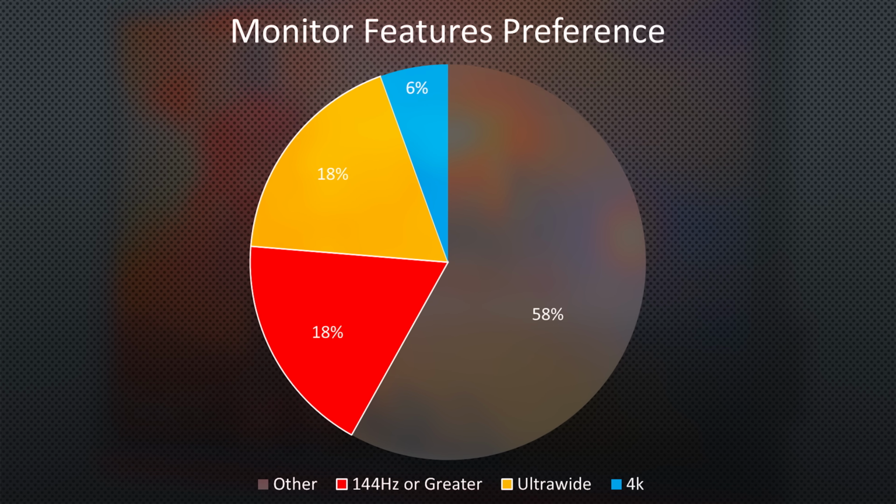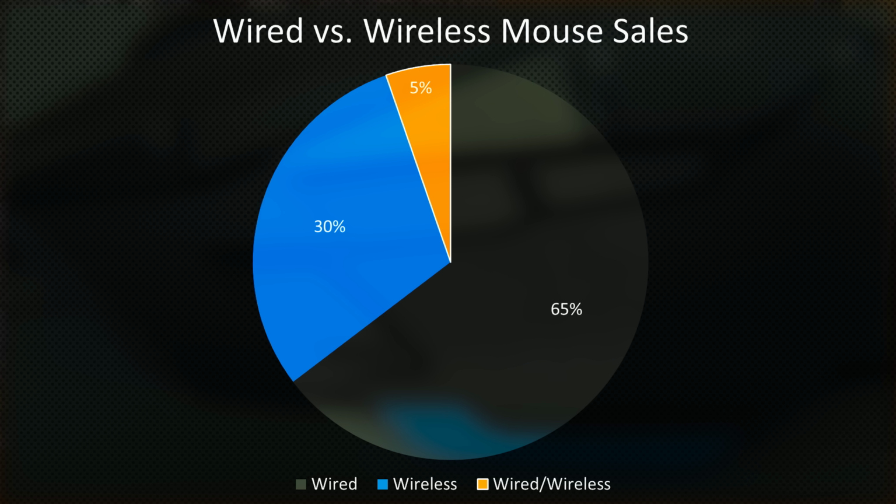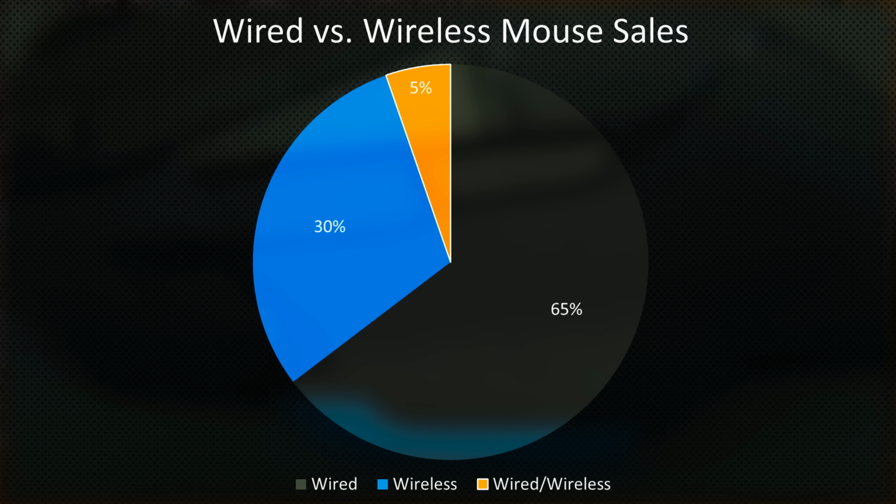As for mice, Logitech still sits on top, but their G502 Proteus Spectrum lost, narrowly, but lost, to the more expensive G403 Prodigy, a wireless gaming mouse that we covered back here, the first that's considered, even by the pros, to be suitable for high-end competitive play. Who would have thought a wireless mouse stood a chance against good old-fashioned copper? And your G403 will go perfectly with your...